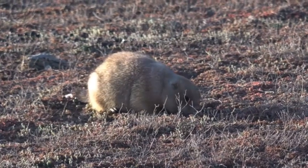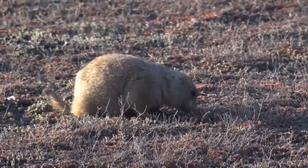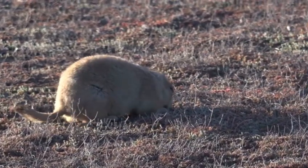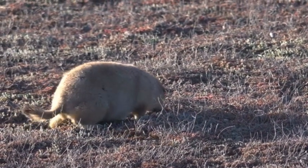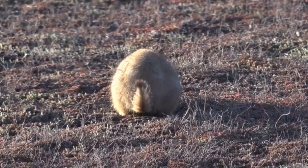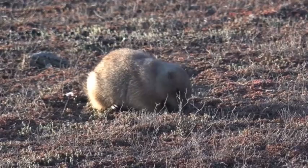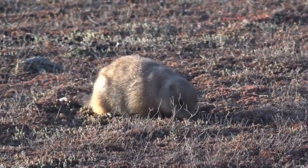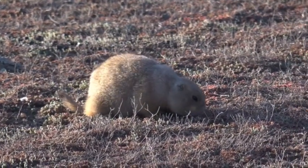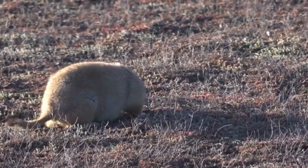White-tailed prairie dogs are remarkable creatures that make their homes in the vast, open grasslands of North America. These grasslands stretch for miles, providing a perfect environment for prairie dogs to thrive. The landscape is dotted with tall grasses and wildflowers, and the air is often filled with the sounds of birds and insects. Here, prairie dogs have adapted to a life above and below ground, making the most of their unique